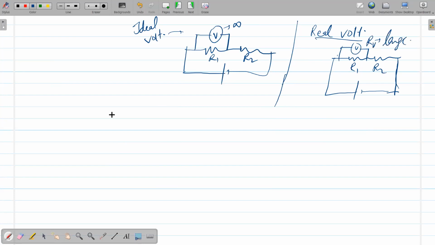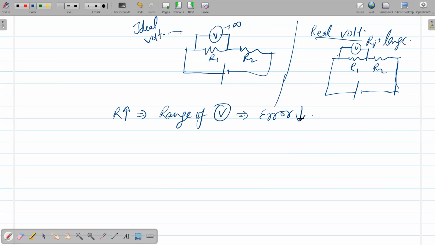So in order to increase the accuracy of the voltmeter, what can be done? Just increase the value of R. By increasing the value of R, you can also increase the range of the voltmeter, and this also decreases the error of the voltmeter, right? Means the error measured is actually dependent on range.